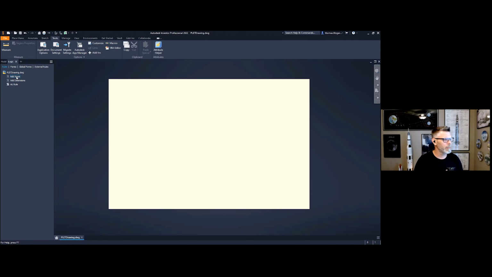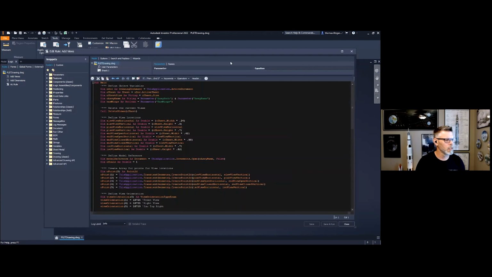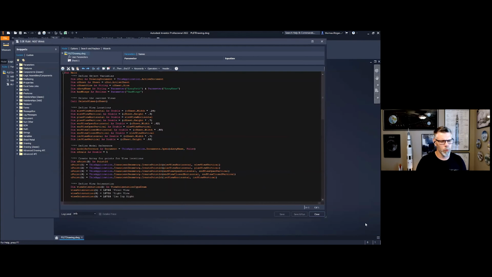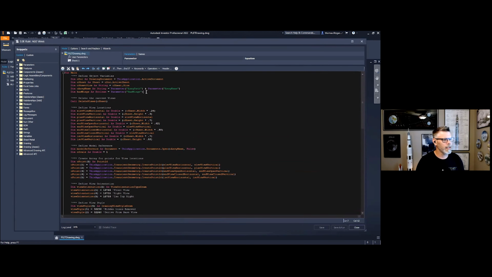So when I talk about variables, let me go into one of the rules which I've written here. I'm going to pull that over, and we're going to take a look here. And inside of my rule editor, we're going to see that in this rule, at the very top here, I have a number of declarations, and that's predefined by that dim statement there. So dim, like this third line here, so line 3, if I highlight that real quick.